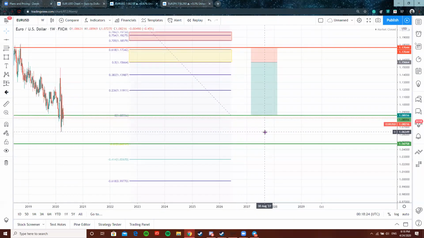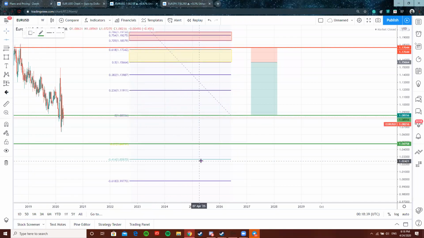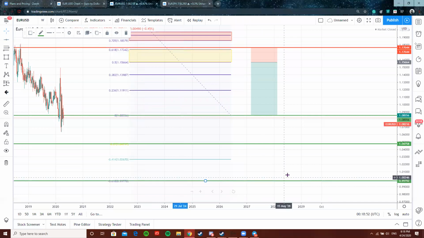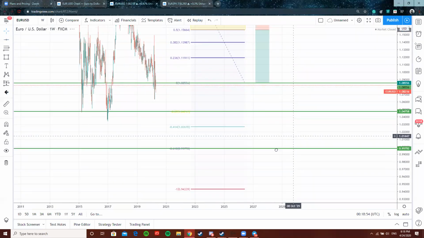Now, all of these are affected, in the sense that I use them personally as take profits. So my stop loss behind the 61.8, my take profit at the 0, and at the fib extension. So what would you say? Some would say, okay, well, this is another take profit. Yes and no. Personally, I don't use the 414 as a take profit. Jim does, my mentor does. But I personally use the negative 61.8 as my other take profit.